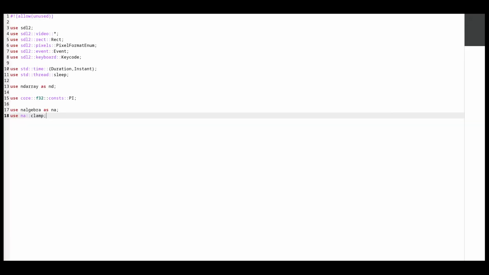For exploring purposes I type allow unused. And also these uses are needed for this demo. Then we will define some constants: FPS, width, height, window title.